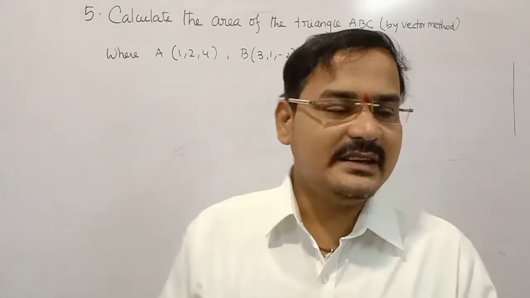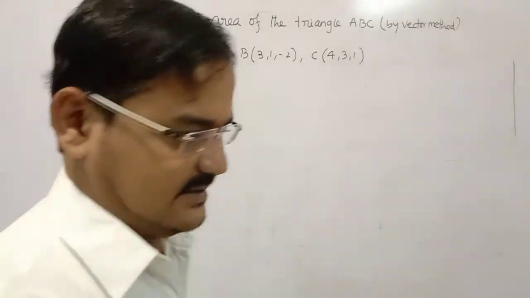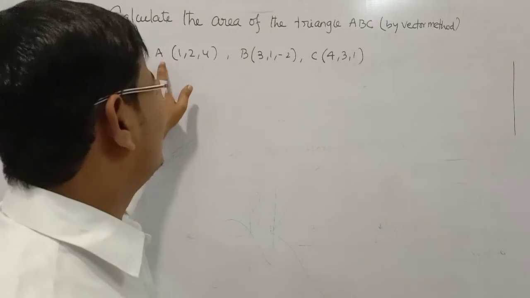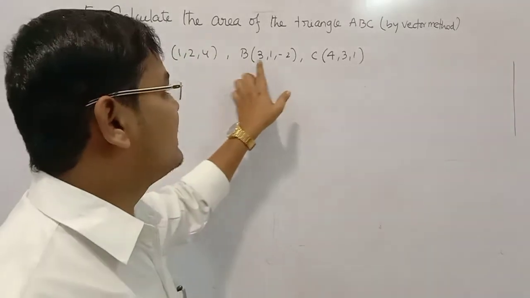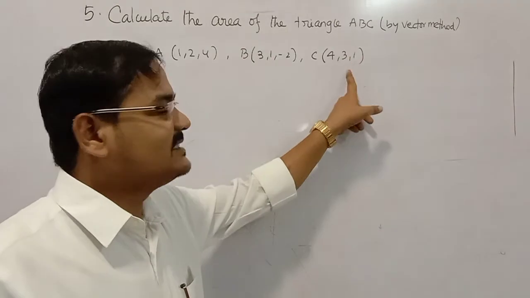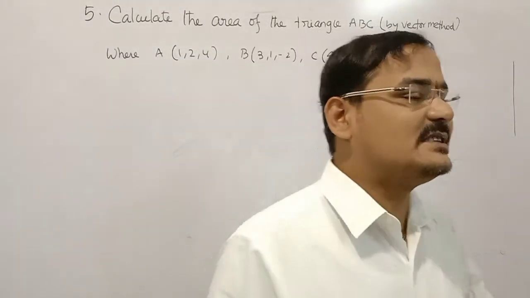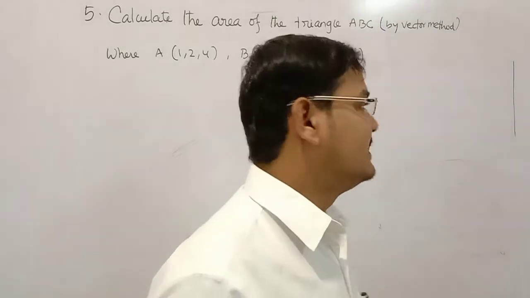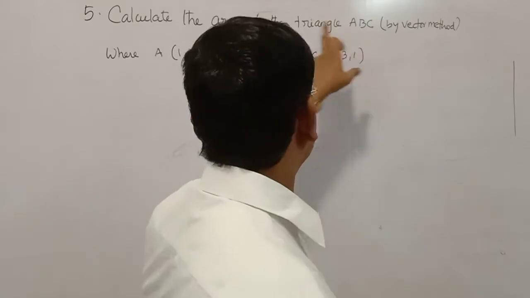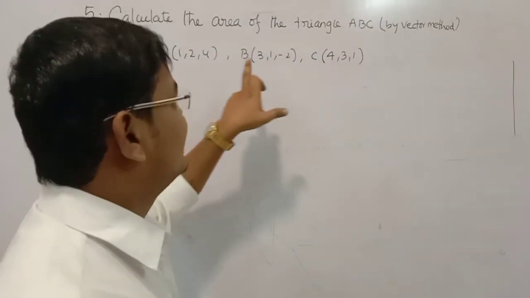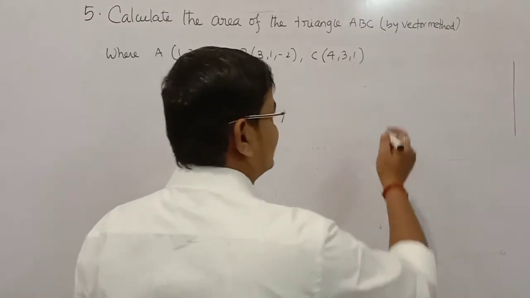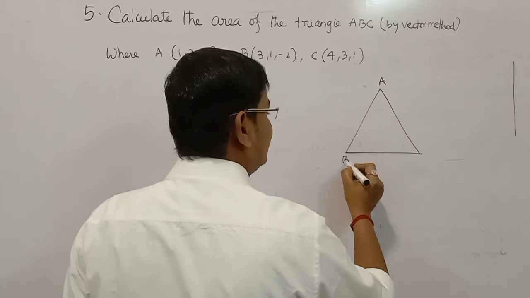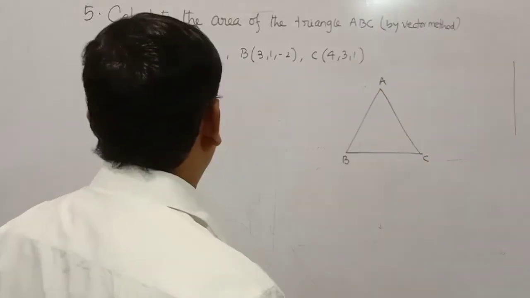See, here clearly he has not given any vertices concept. But you remember one thing: if A of anything is given, it means it is a point. And B of something is also a point, and C of something is also a point. So 3 points are given, which can be treated as the 3 vertices of a triangle. Because he has given that ABC is the triangle, it means point A is vertex A, B is vertex B, and C is vertex C. So if you see the diagram of this one, it is the given A, B, C. Okay.